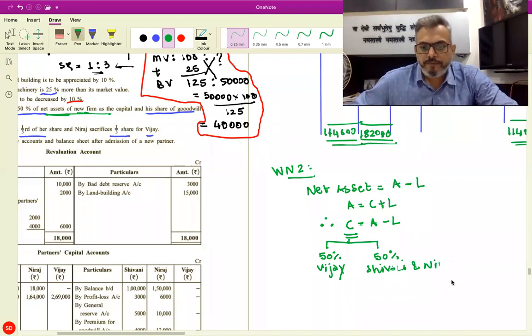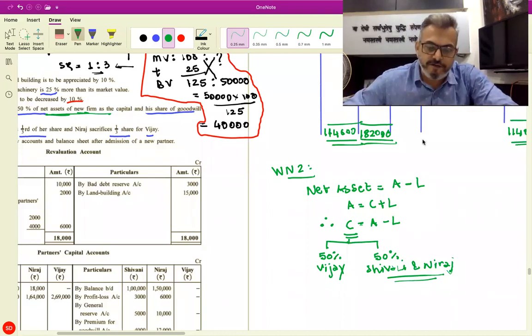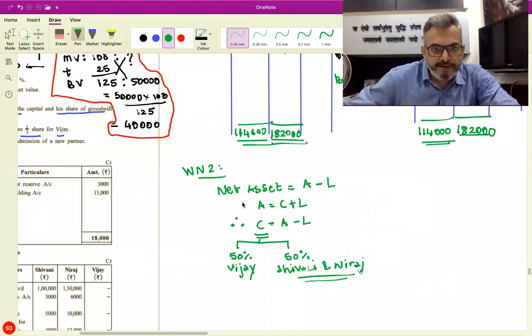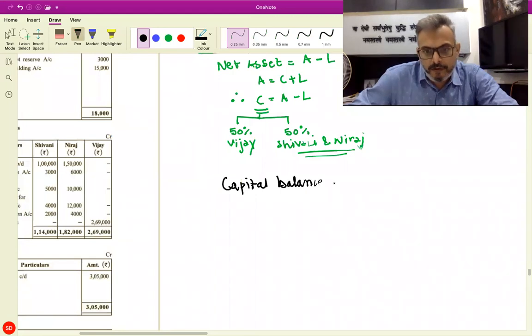Now, in this case, we already have the capital of Shivani and Neeraj. So first let's find out कि 50% share जो शिवानी और नीरज का है वो कितना है. So we write over here capital balance of Shivani